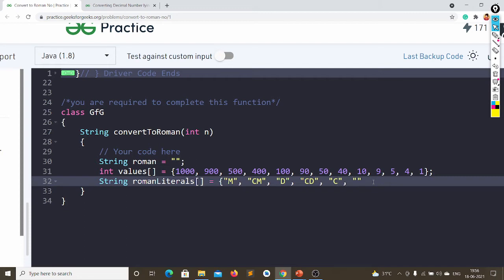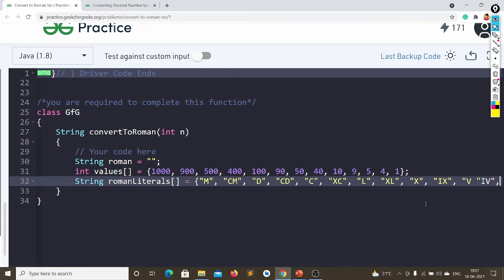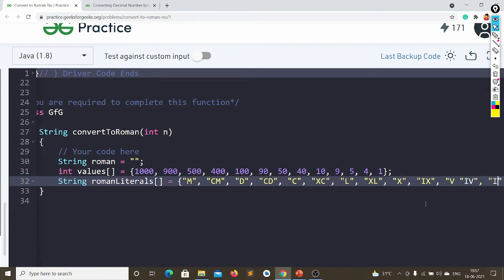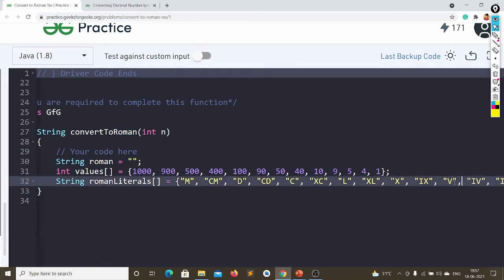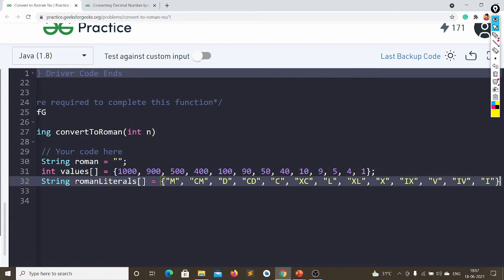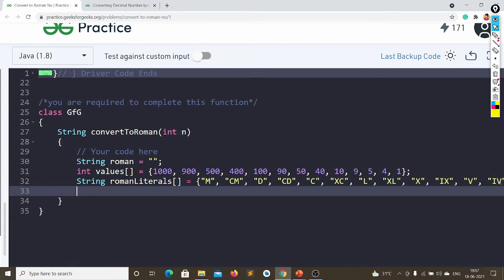And next one is XC, and next one is L, next one is XL, next one is X, and so on. Okay, I think I missed somewhere. Okay, that's it. The Roman literals now. So let's start the real coding now.